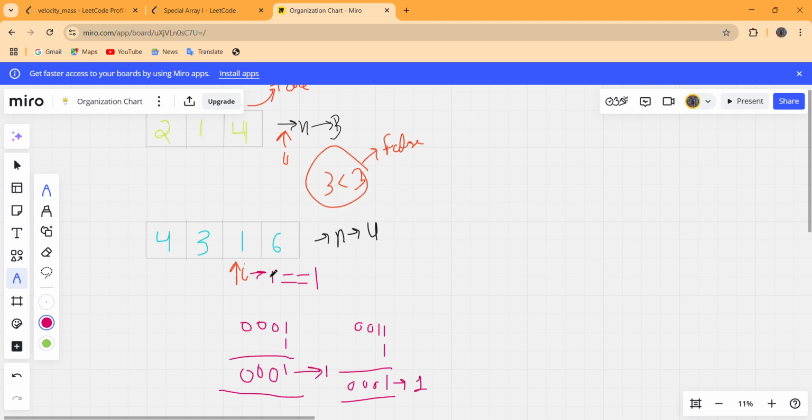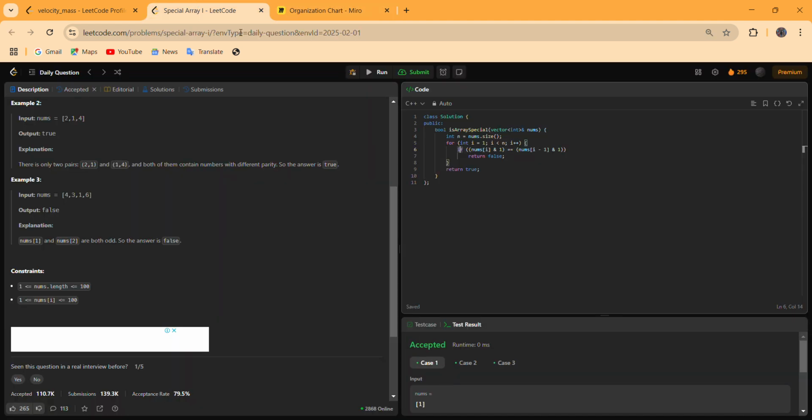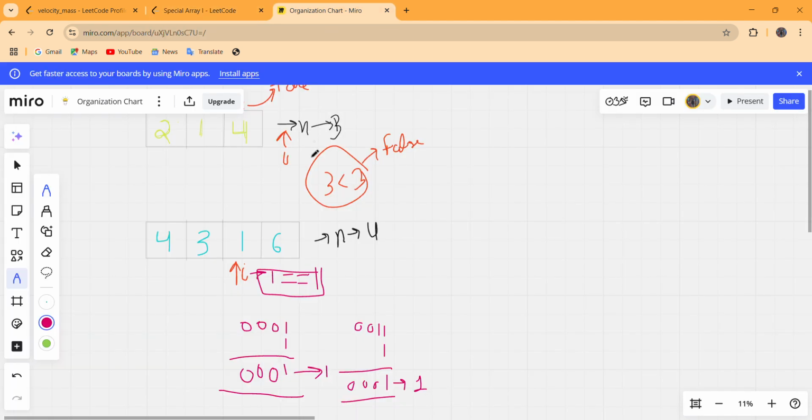The if condition checks if 1 is equal to 1. Yes, this condition is true, so we go inside the if condition and return false.